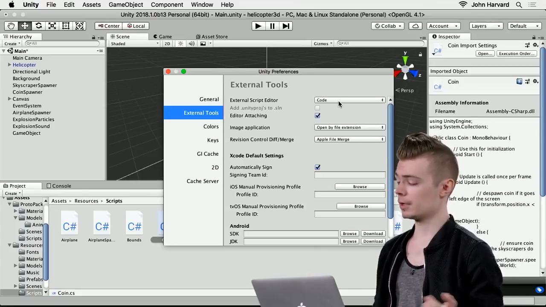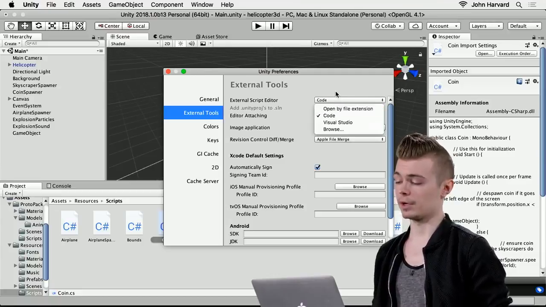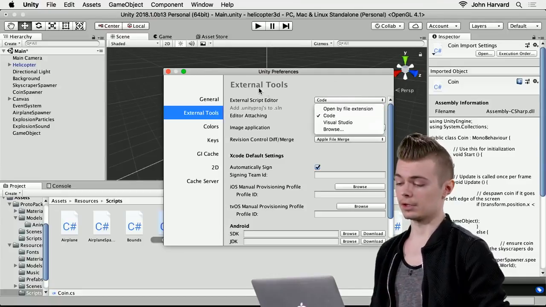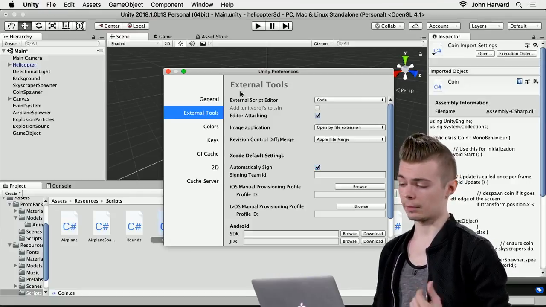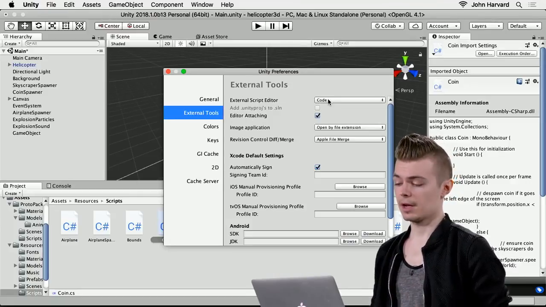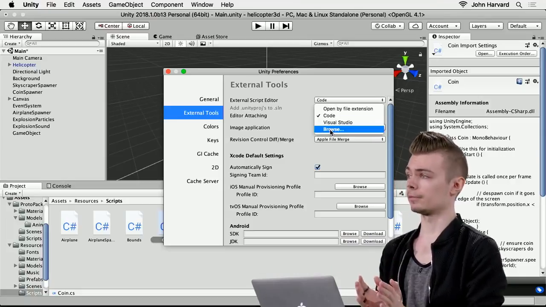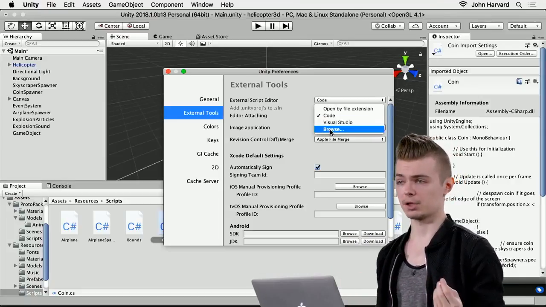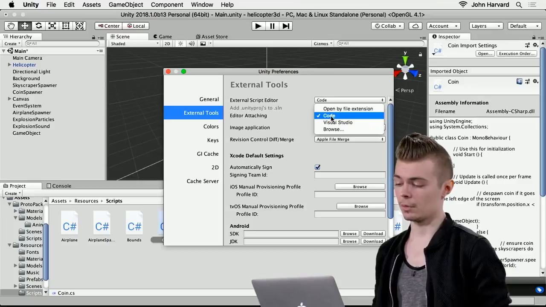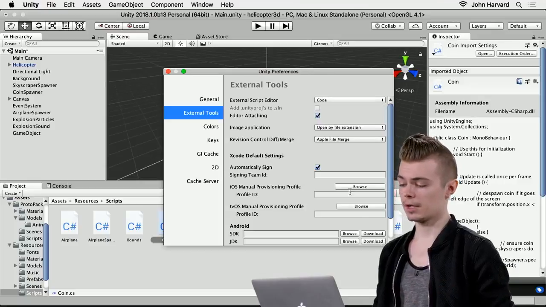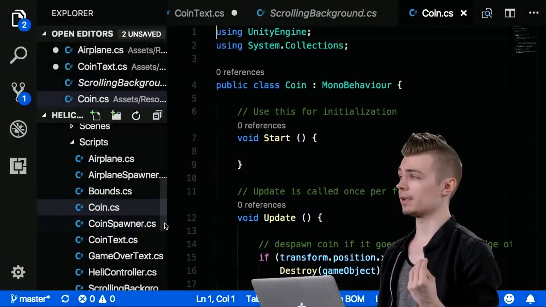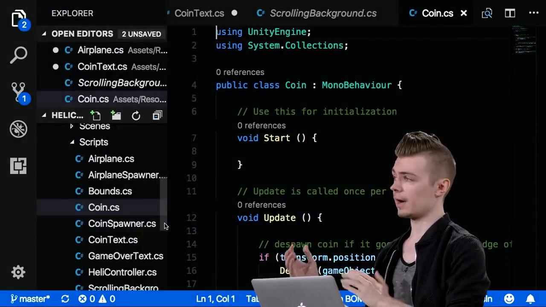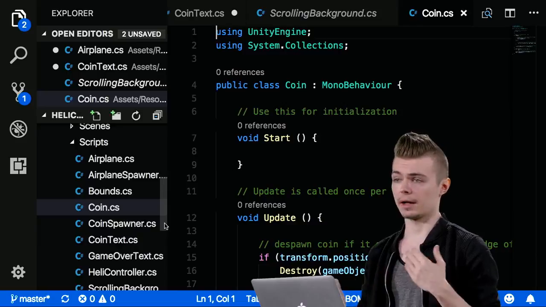I like VS Code. So what you can do is choose your external script editor here, if you prefer a different script editor like Atom or VS Code or Sublime Text, and then just browse for it on your file system, whether you're on a Windows, Linux, or Mac machine. In this case, I chose VS Code. The effect is that whenever I double click on a script within Unity, it'll open the IDE or text editor that I have assigned to it